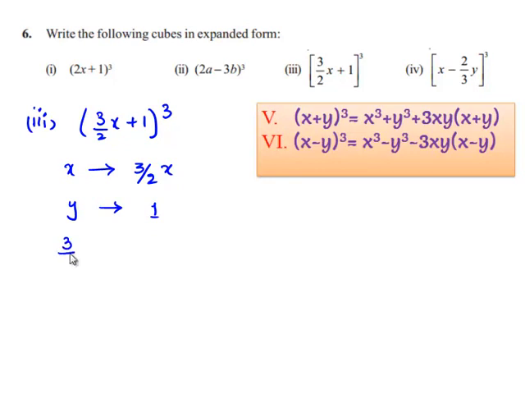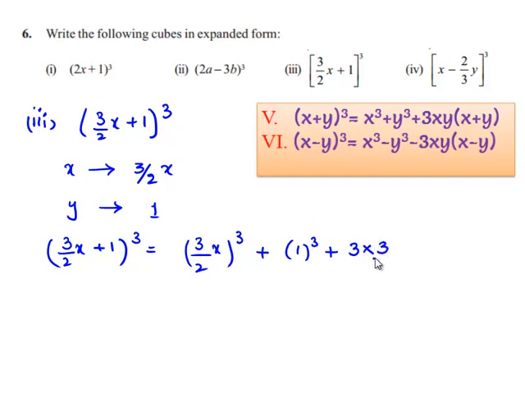Therefore, (3/2 x + 1) whole cube can be written as, in place of x we have 3/2 x, so this is (3/2 x) whole cube, and in place of y we have 1, so this becomes 1 cube